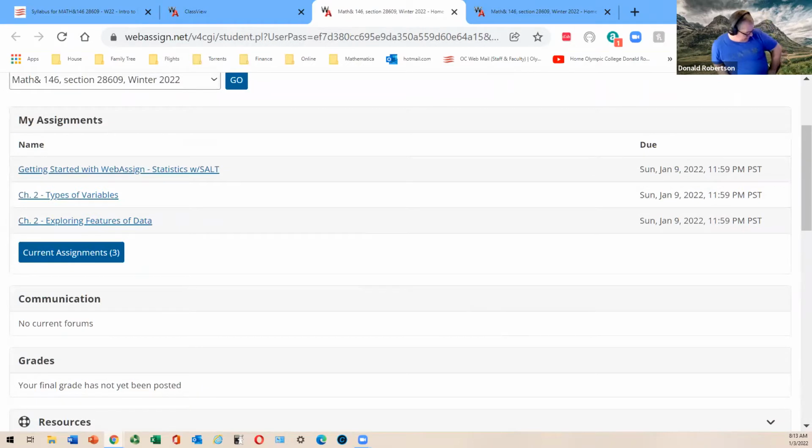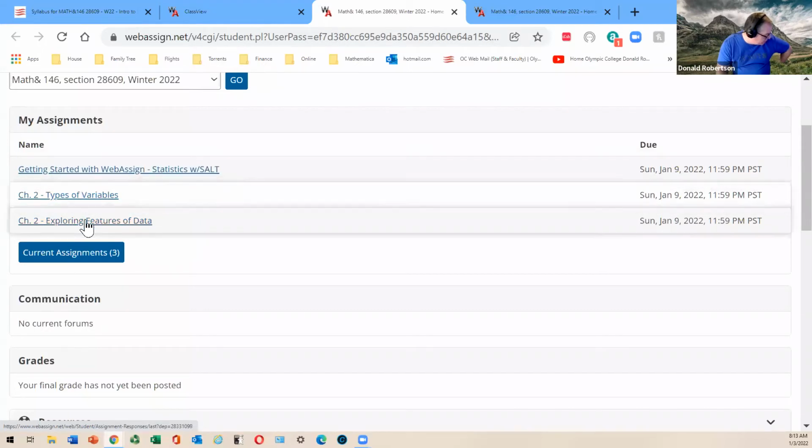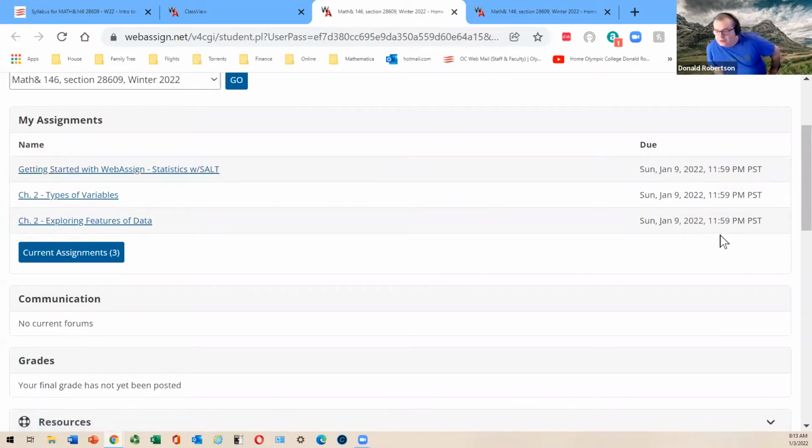And it looks all like that. There's a homework. There's a homework. And there's homework. So that's what's due this week. And it tells you over there that it's due by midnight Sunday. So you can do the homework whenever you're free, right? It's pretty flexible. It's there all the time.